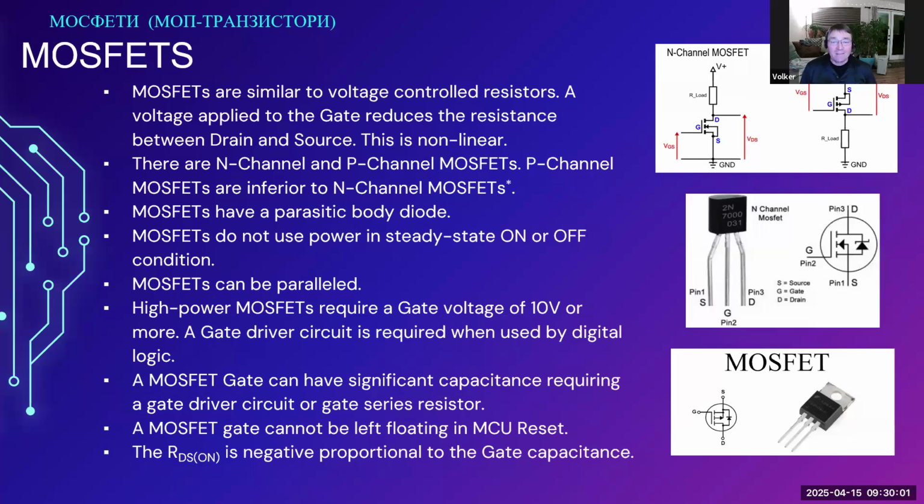But you can have perfectly matched P and N-channel MOSFETs from an electrical point of view. However, the reason I'm putting this in, that P-channel MOSFETs are inferior to N-channel MOSFETs, not really, but practically yes,